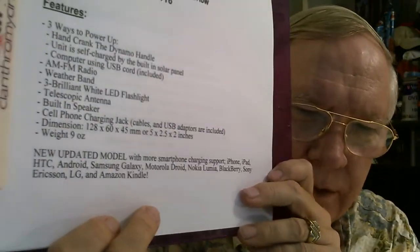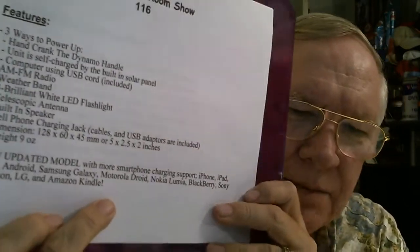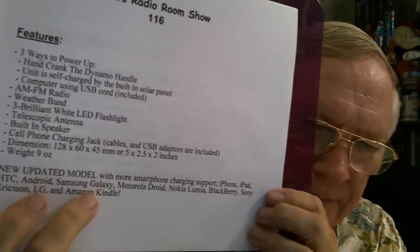Now, the other thing they had in their ad that I just downloaded and put on here is new updated model. Oops. Check that out. New updated model with more smartphone charging support. It will support your iPhone, your iPad, your HY-88WB, do that. So it'll support every cell phone that was ever built. Yeah, not really. But the one complaint I have seen on other earlier versions of this is that I've seen videos of is that it won't even attempt to charge an iPhone. So I think,